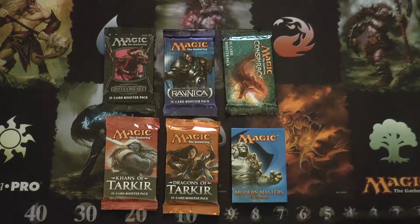I competed recently in a Grand Prix trial for Grand Prix Providence 2015, which is happening on June 20th and 21st in Providence, Rhode Island, and I actually won the tournament. And so I have a couple byes to start off the tournament, two byes for rounds 1 and 2, which is super sweet, but I also got to choose a variety of packs as part of my first place